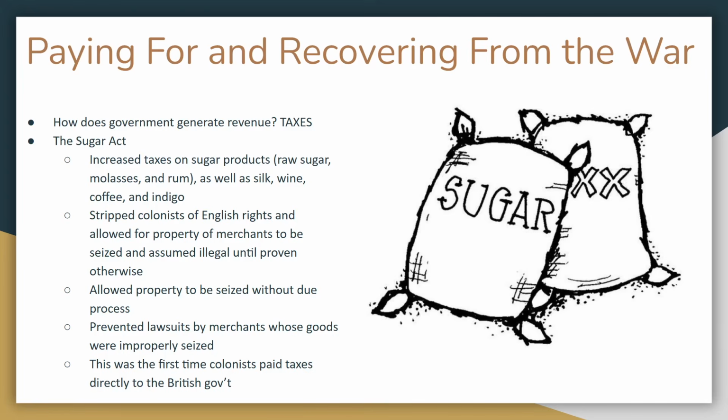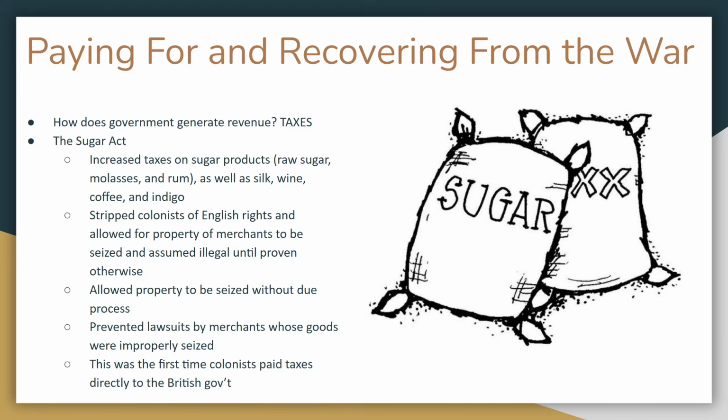Okay, so anything made with sugar is going to be covered by the Sugar Act. Anything that sugar goes into, the Sugar Act is going to tax. So, all of the things we talked about being super important a minute ago, raw sugar itself, absolutely. Rum, absolutely. And we just talked about how important rum is becoming, especially in the seafaring community. Rum is a staple. It's a big deal. That's how you survive. That's how you pay a lot of people.